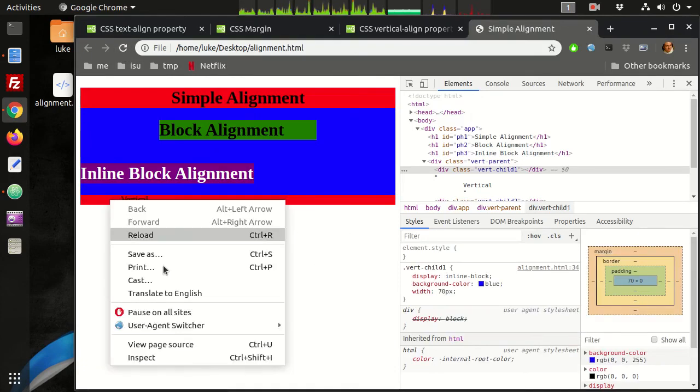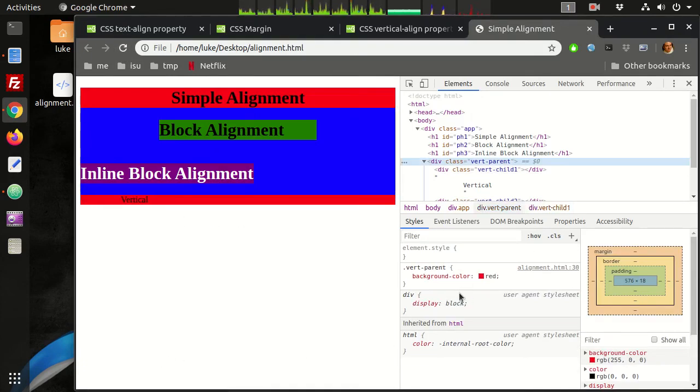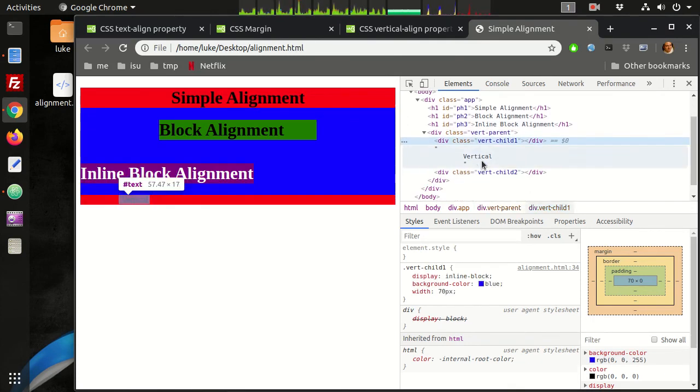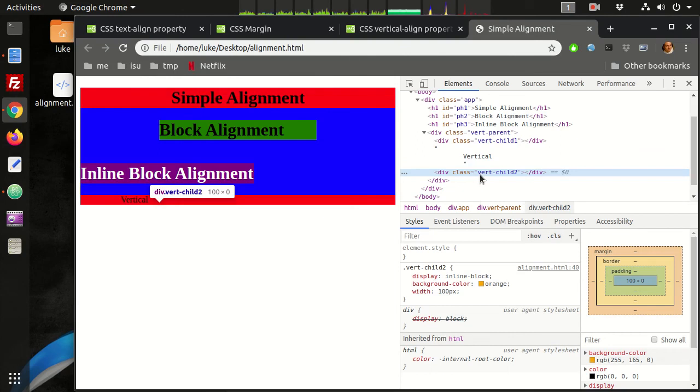Now we can inspect the elements, and we have vertical parent, vertical child, inline block, background color blue, background color orange.